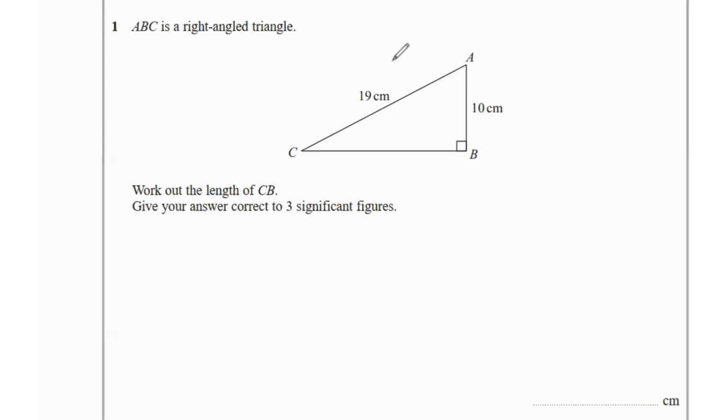The first question says that ABC is a right angle triangle. Work out the length of CB. Give your answer correct to 3 significant figures. So, easy question. You just need to apply Pythagoras over here because we have 2 lengths and the third length